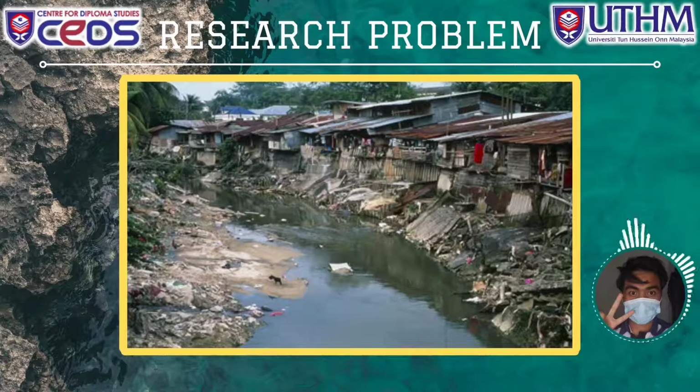It will surely affect the residents there. For example, it will affect the natural and clean water resources. It will also disturb the residents' comfort with the smell from the river and many others. Besides, the polluted river will encourage others, especially kids, to stop caring about the cleanliness of the river. So, how will we overcome these problems?